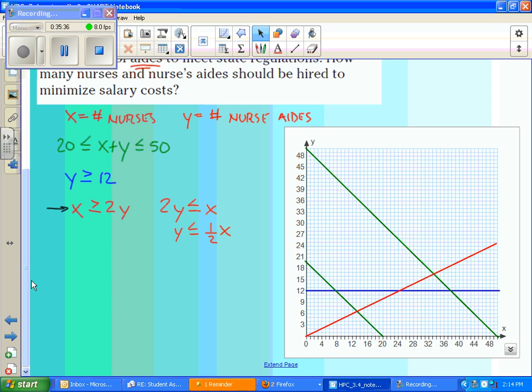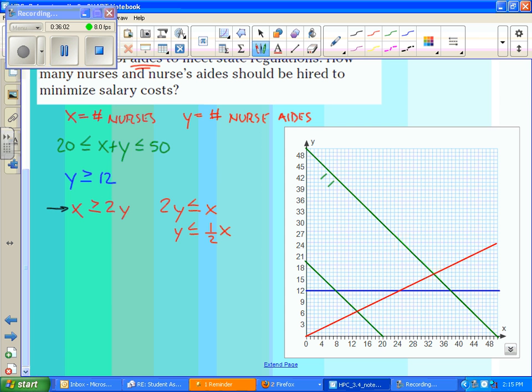So I have my constraints on the number of people. I have constraints on the minimum number of nurses aides. I have my constraints on the number of nurses. And now we're going to go ahead and graph these shaded areas and see what we get. So in between the green lines, I would be shading in between the green lines. And then on the blue line, I need to be greater than or equal to 12, which means I'm shading